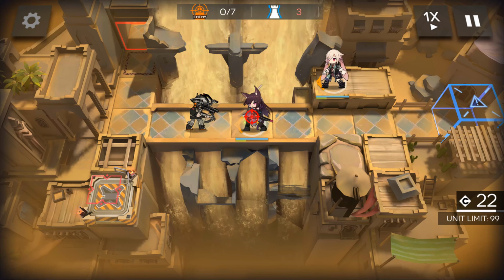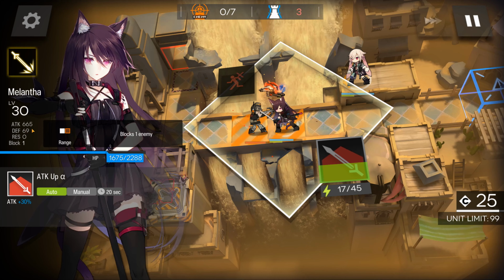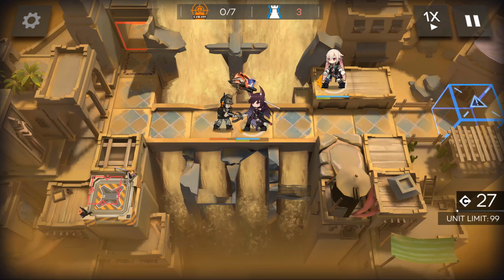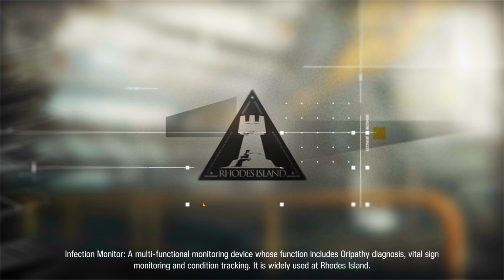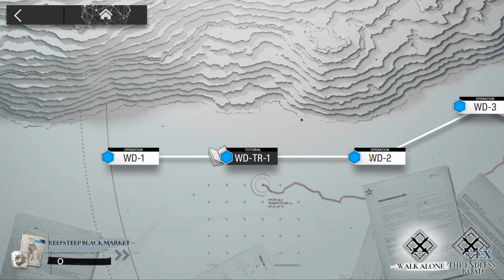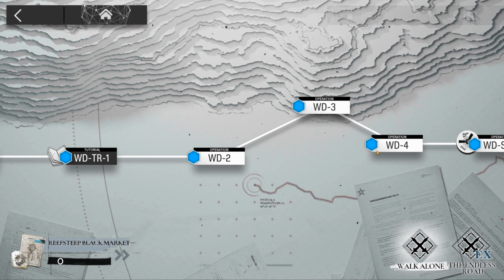So just to show the defense decrease effect, as you can see here, it just about halved Melantha's defense. So that is the main unique gimmick of A Walk in the Dust, dealing with these various types of drones. So later on in the stages,